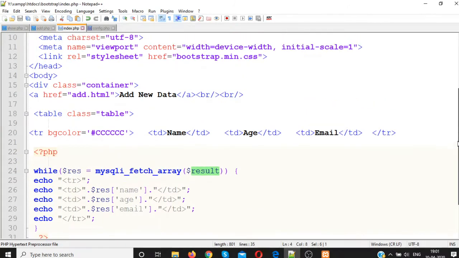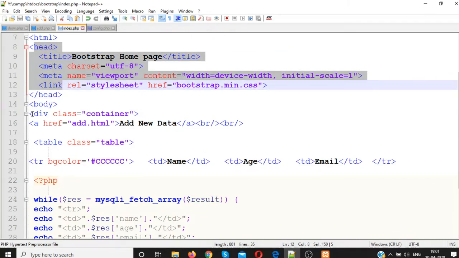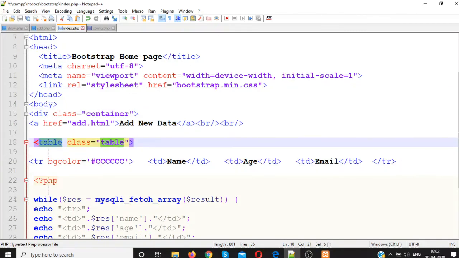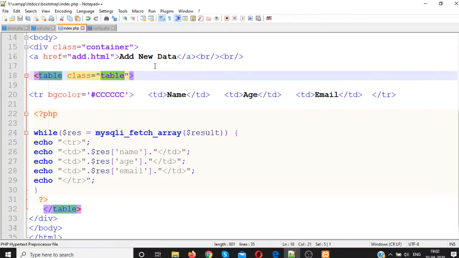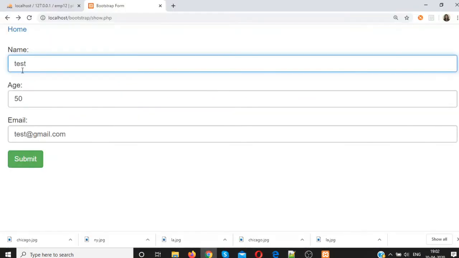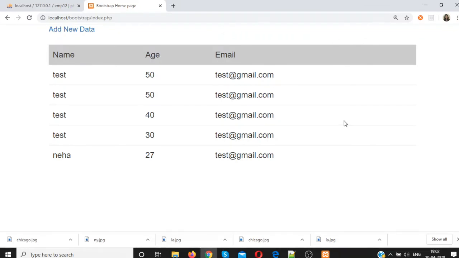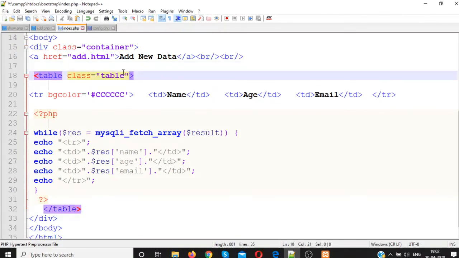But just remember, in the same code we have added this head part, and within the body you need to add the content. This was the class table, that is the Bootstrap table class. Because of this class table you are getting the output in a proper manner. You can use different table classes of Bootstrap that we have seen.